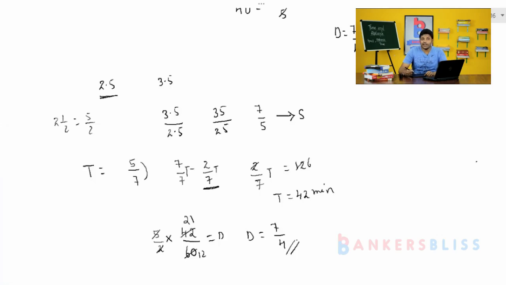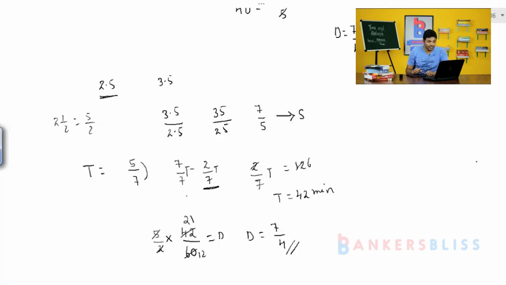Okay, 2.5, 3.5. So the new fraction of your speed is going to become 3.5 by 2.5. So after simplification, it is going to become 7 by 5. So speed is inversely proportional to time. Therefore time is going to become 5 by 7. So 5 by 7 means the time what you have saved is